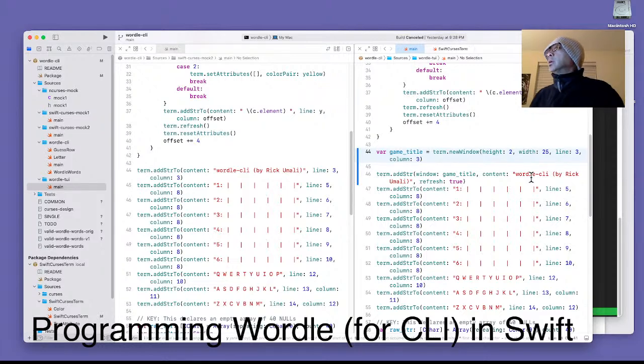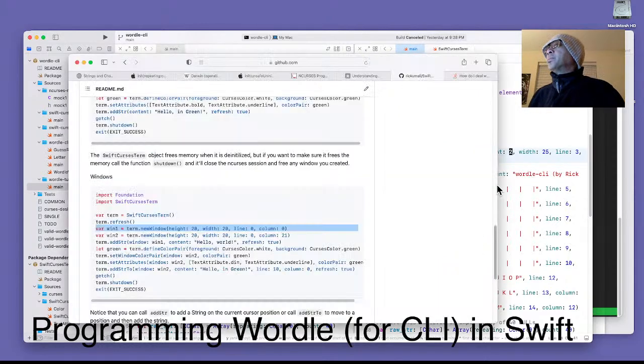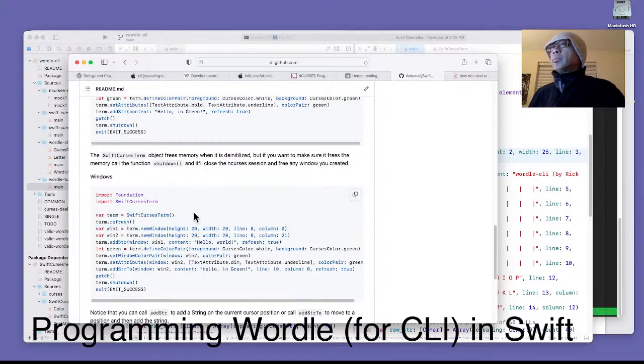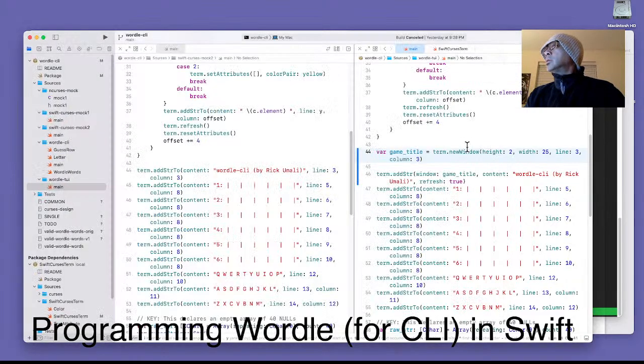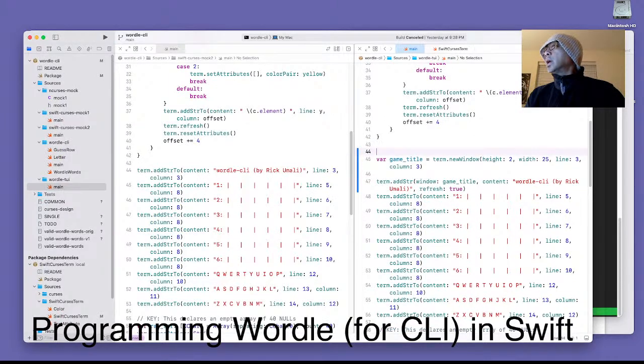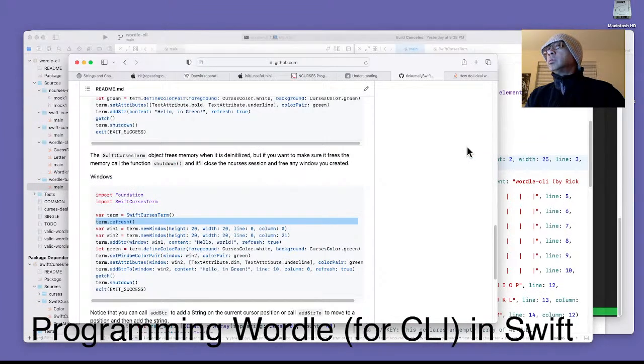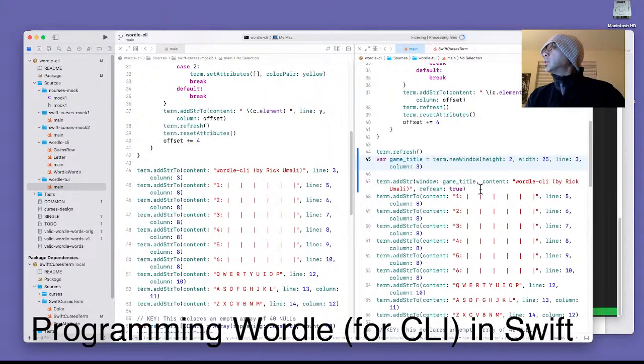Oh, you know what? No, that's okay. He calls term refresh here at the top. That is a bizarre place for it, but I am going to do that, if only to see some activity. And I have refresh true, so